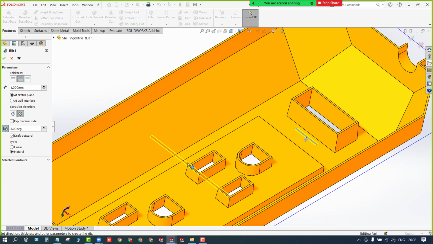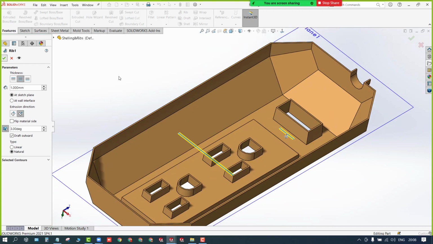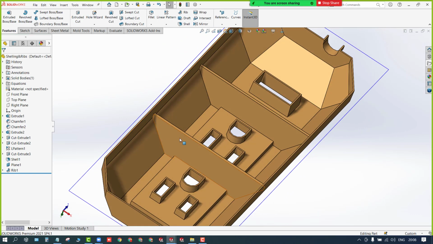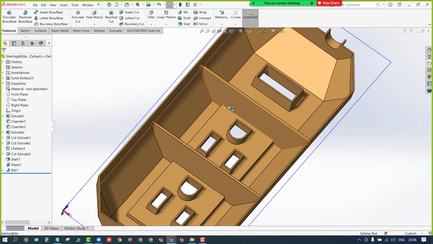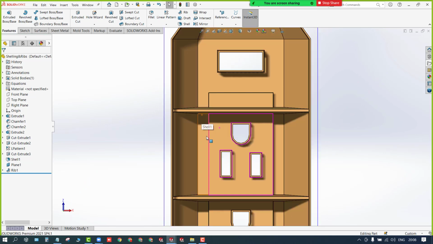Now tell me, will it cover the entire length up to the neck surfaces, or whatever the dimension I have given, up to there only will it create the rib? The dimension. Okay, if I click on the green check, whatever the size of your rib, it will cover the entire model up to the neck surfaces. Got it? You can see the draft also.